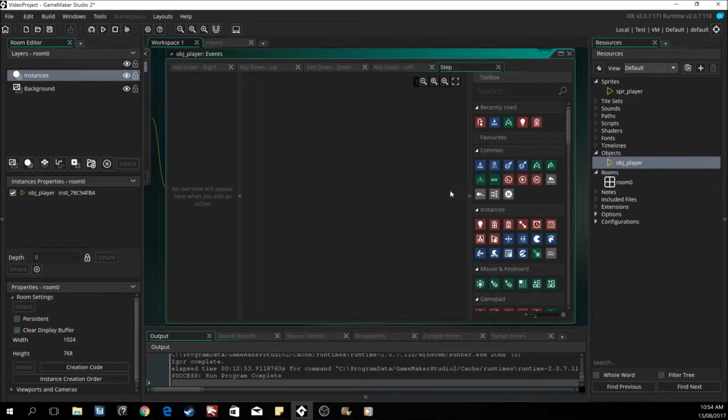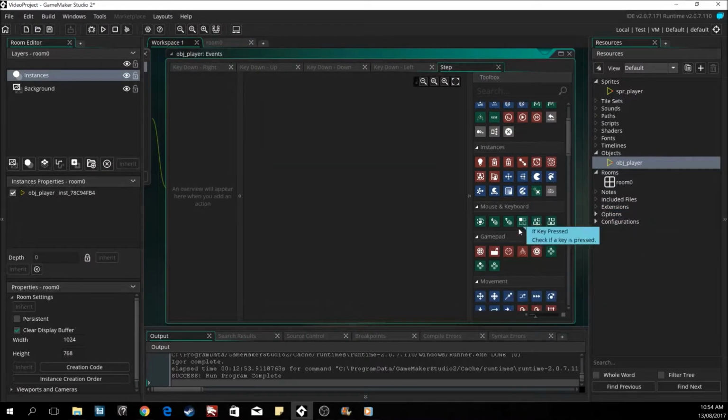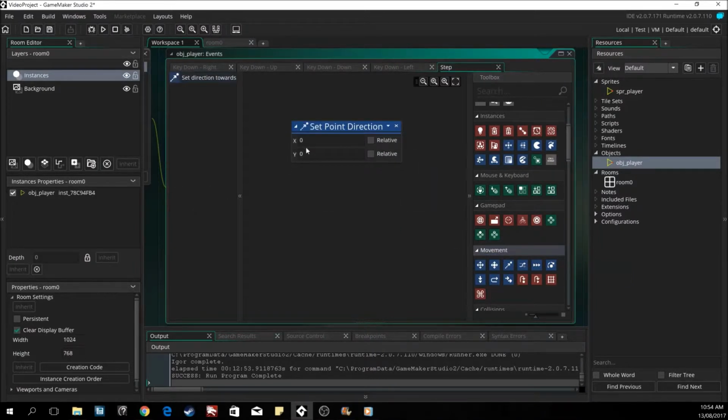So in here, we want to find the, it's in movement, set point direction. We want to drag this out. And once again, it is X and Y. And because we want it to point towards the mouse, there is a little bit of code we can put in here that will always make whatever we put in the X and the Y value of the mouse. So if you go mouse